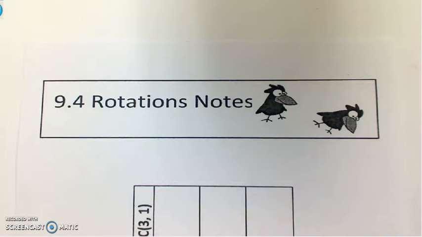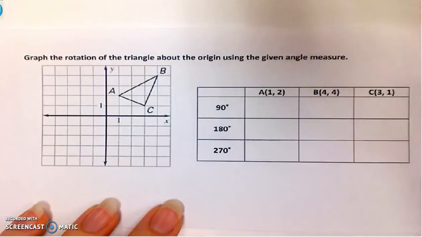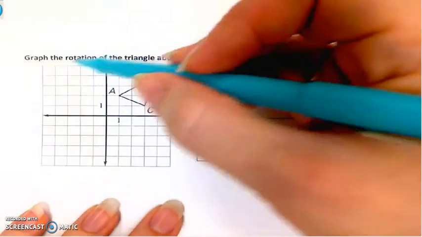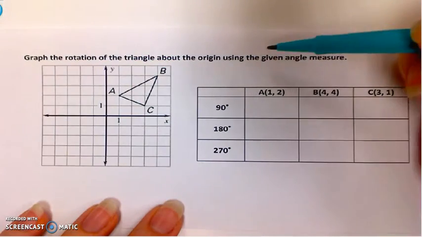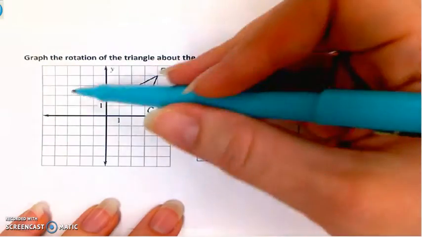All right, let's learn about rotations. Rotations are where you turn or you spin a pre-image to make a new image. When we talk about rotations on a coordinate plane, the first thing you should know is that if it says graph the rotation and it doesn't say whether it wants us to turn it clockwise or counterclockwise,